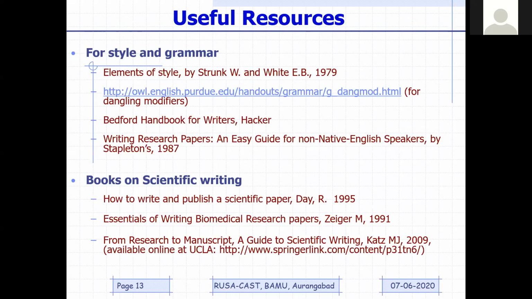Yesterday I was talking about some references. These are going to be useful resources for you for style and grammar. You can write down this website. Obviously I'm going to send a PDF version of my presentation to the coordinator, and then I hope he will get this PDF version. Similarly, you can refer to some books on scientific writing also. These are some of the books